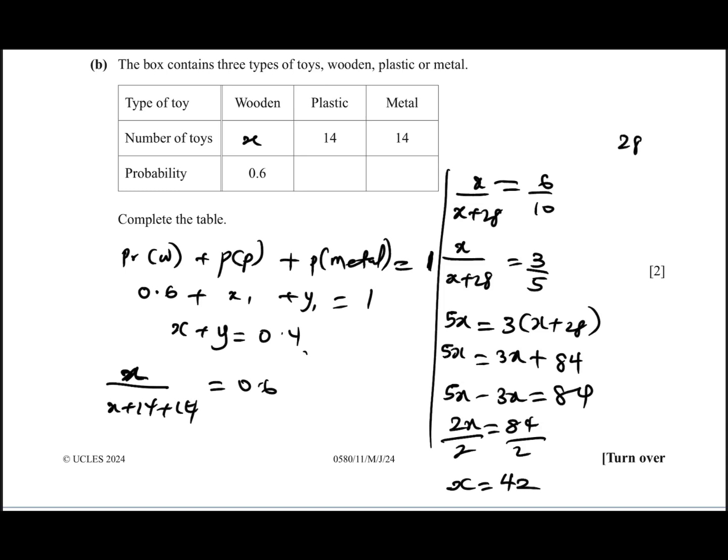Just a quick one, let me check 28 times 3 one more time. 24 plus 60 is correct, 84. So that means everything here is 84. So if everything is 84 in this case, that means 84 minus 28 is, x is 42. So 42 plus 28, 42 plus 28 is going to give us